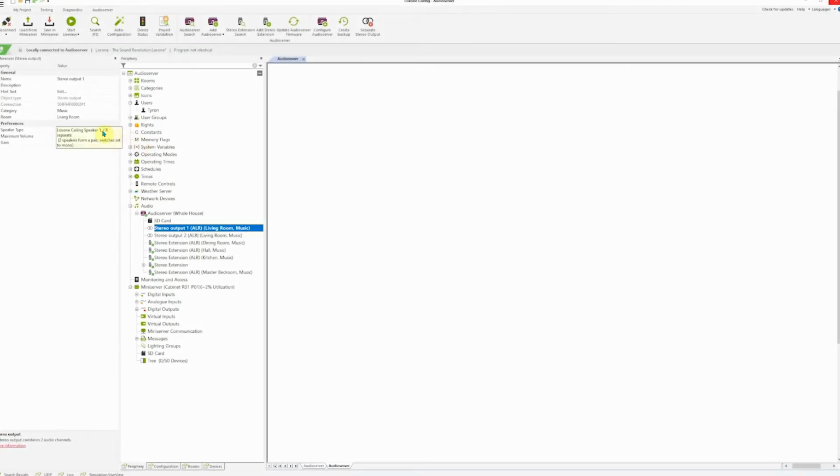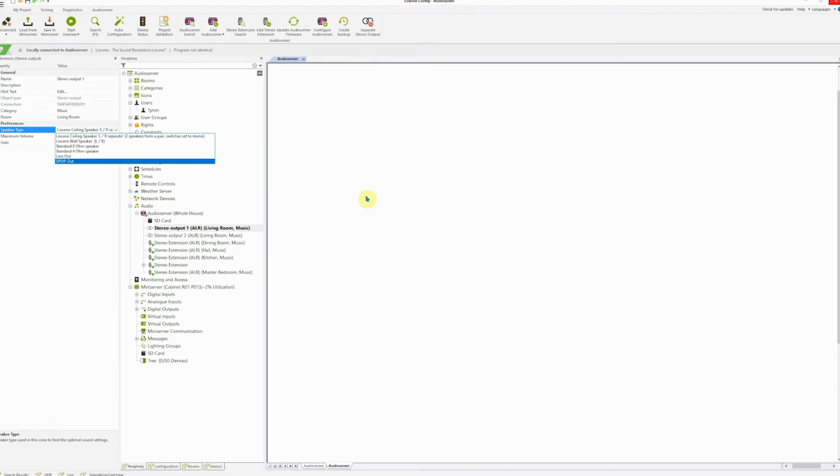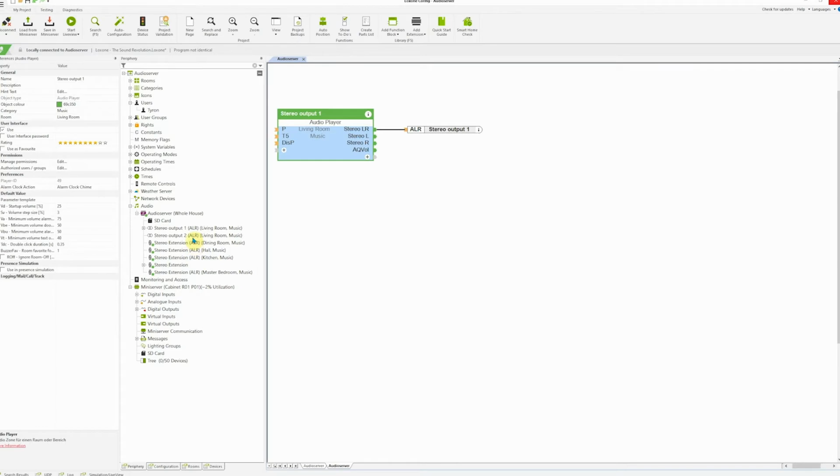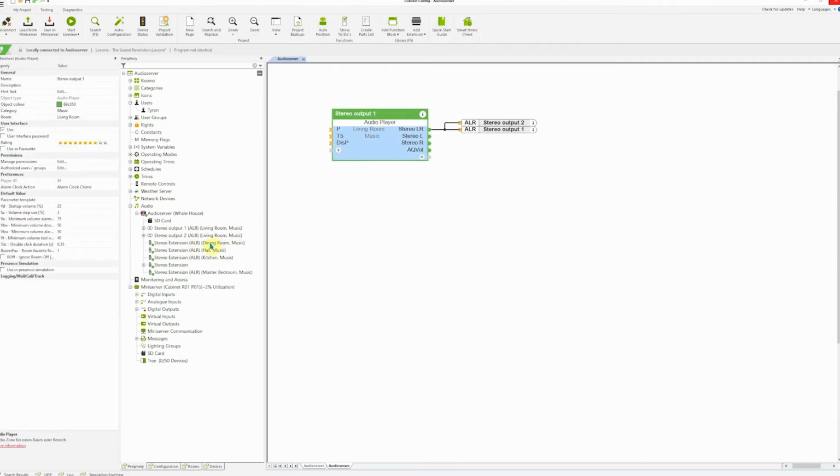In the preferences here, you'll be able to select the suitable properties based on the speakers that you're using. Now you will see that when I drag and drop a stereo output, a new audio player function block will appear on the page. And in this case, I'm dragging 2 onto the page because I've got 4 speakers in